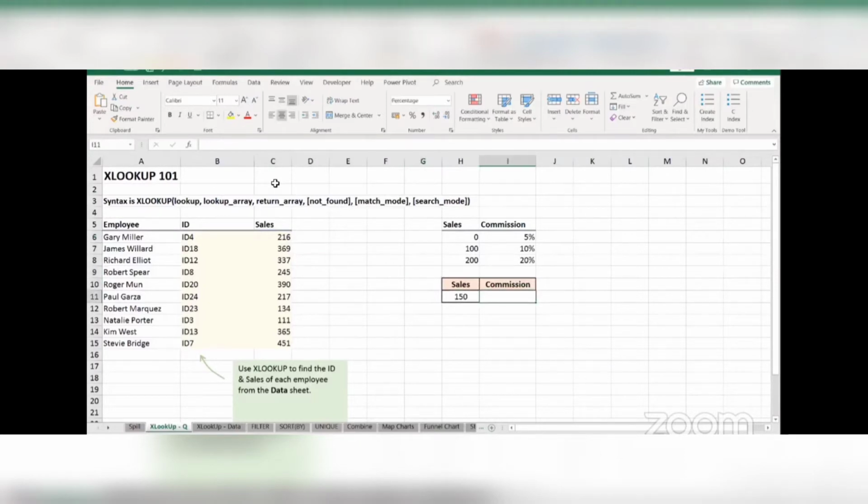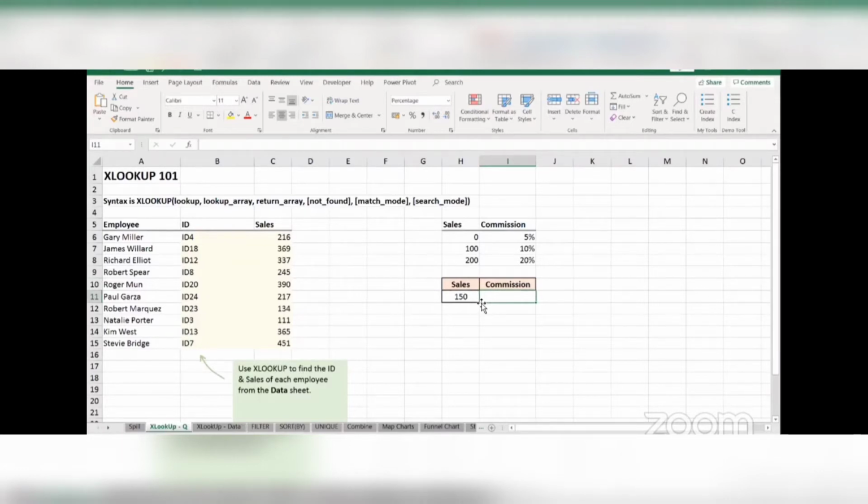Now, coming to the fifth part of our syntax, which we didn't look at earlier, which is the match mode. Let's look at it right now. So when it came to VLOOKUP and HLOOKUP, they only had two types of match mode, either exact match or approximate match. When it comes to XLOOKUP, you have four different types of match mode. In VLOOKUP and HLOOKUP, approximate match would return the answer for the closest smaller value. But when it comes to XLOOKUP, we have two different options here in approximate match.